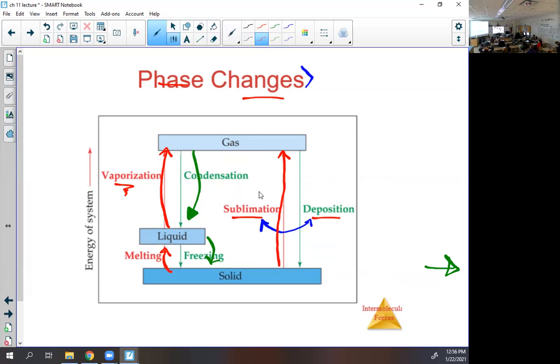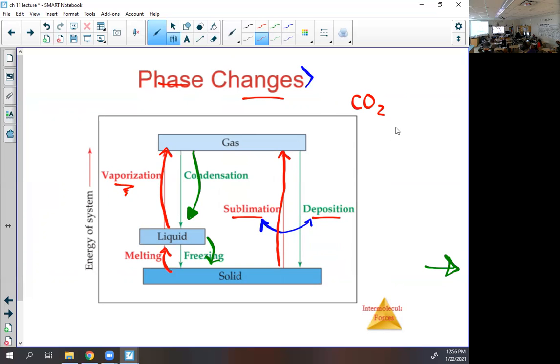Okay. These are kind of rare, but we do have a solid that goes straight to a gas in our world, and that's carbon dioxide. Is it possible to go straight from a liquid to plasma? Ooh, I don't know. Plasma is electronless matter. Whoa, that exists? Yes, at really, really high temperatures.